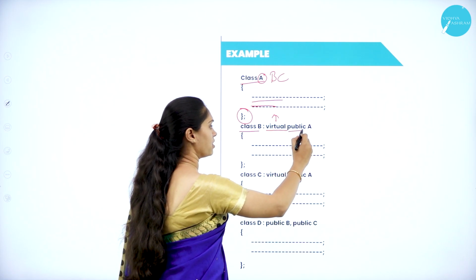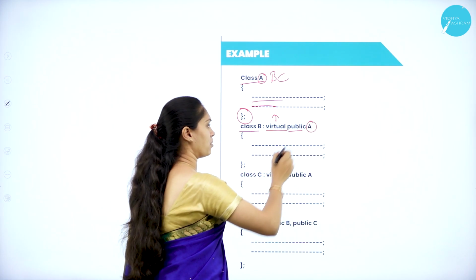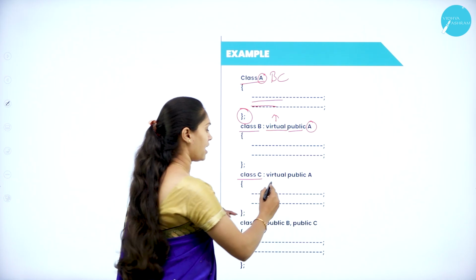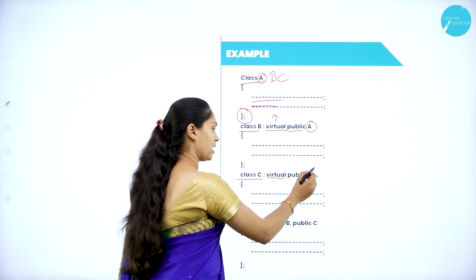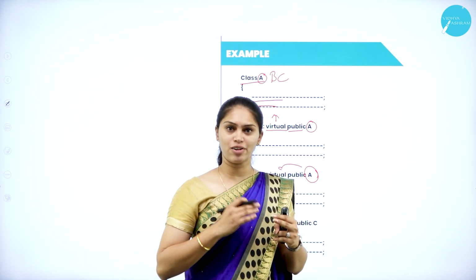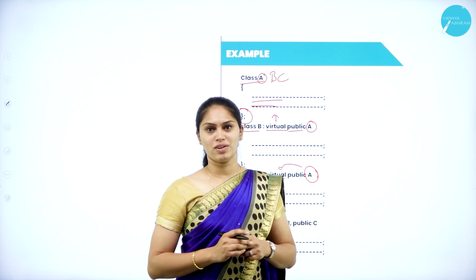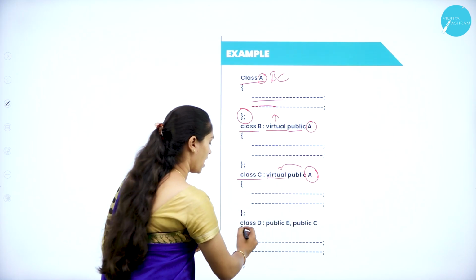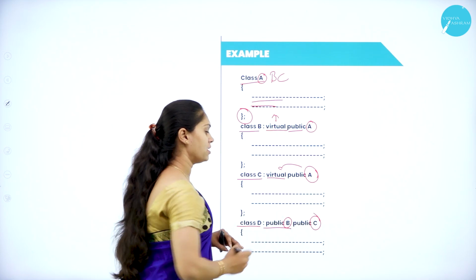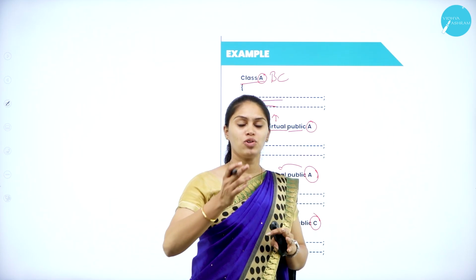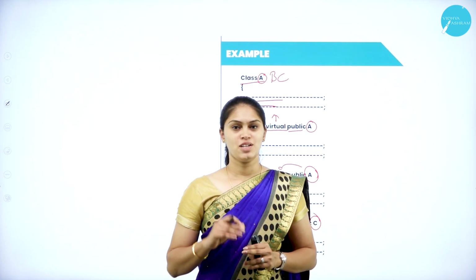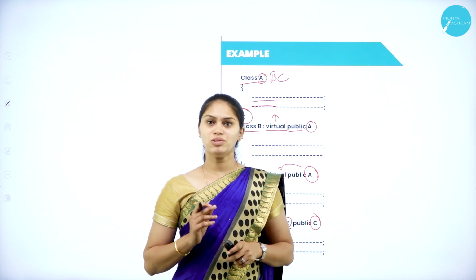Here I am going to take one visibility mode, that is public, and A is the name of the base class. Again I am going to create one more derived class, that is C, and I have the keyword virtual. That means I am taking this base class A as virtual. So instead of taking two copies into the derived class D, it is going to have only one copy of the base class data. Here I am creating derived class D, inheriting the features from both B as well as from C. Indirectly it will take only one copy of the content of base class A. So this is how a virtual base class works.